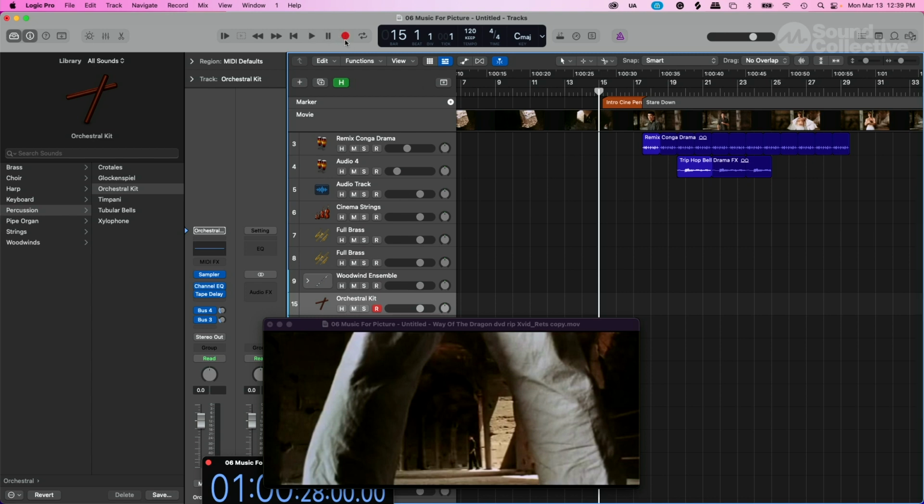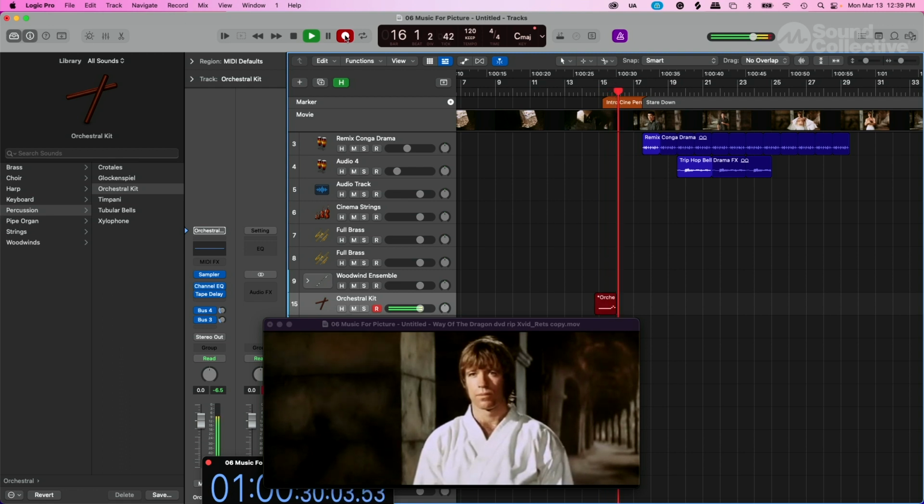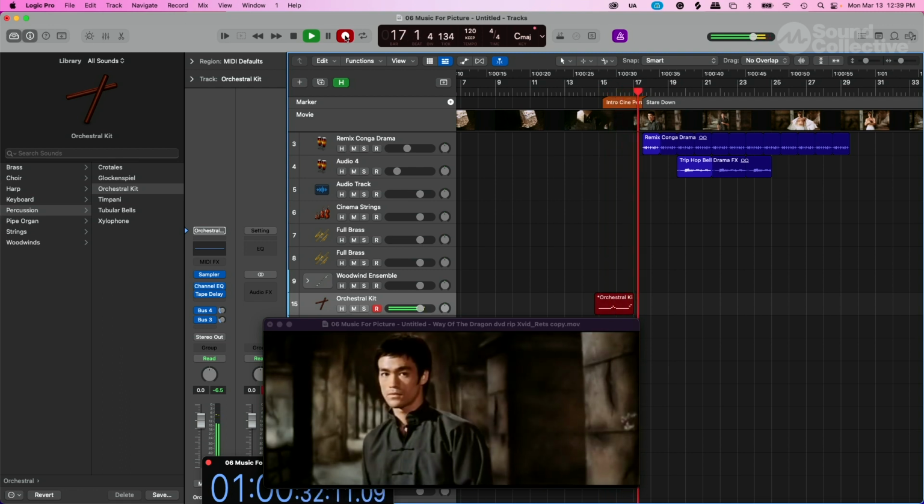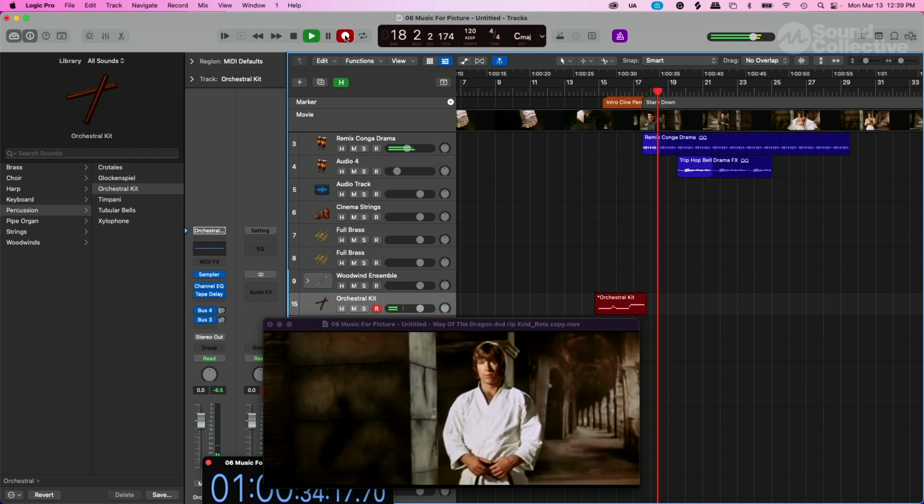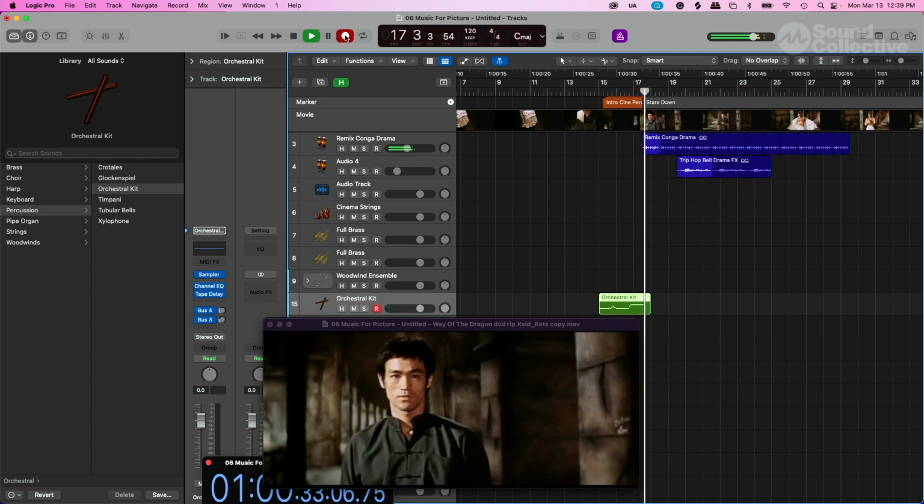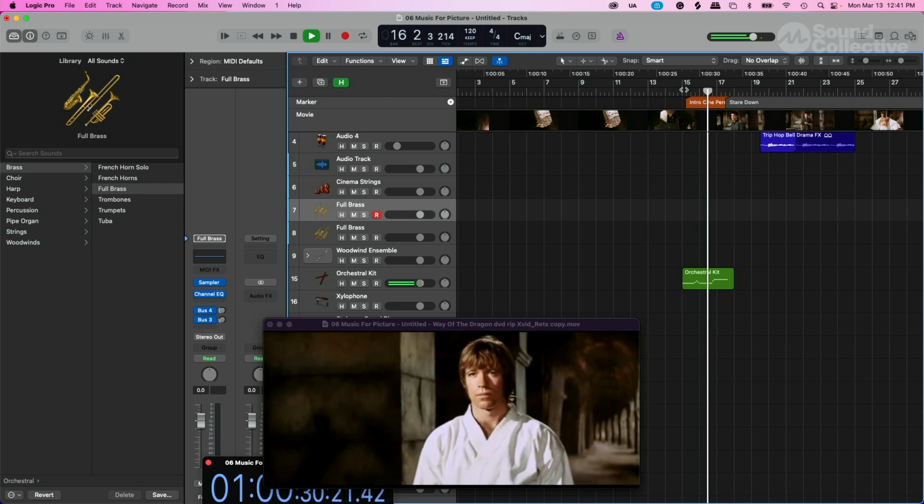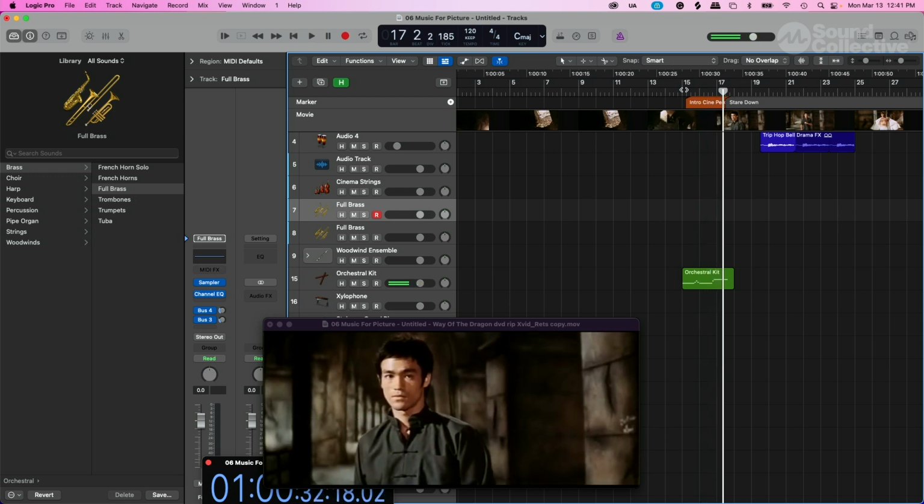So let's record. And just as simple as that, it's just recording your MIDI. So once you've recorded your piece, play it back. And you can go into the other tracks or bring in other tracks and start recording and adding to your